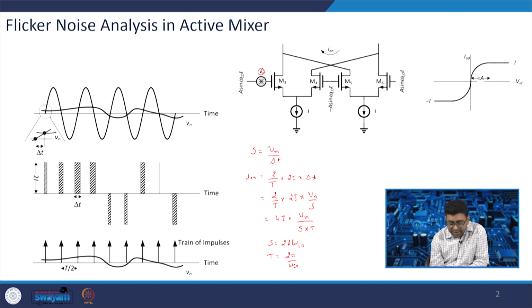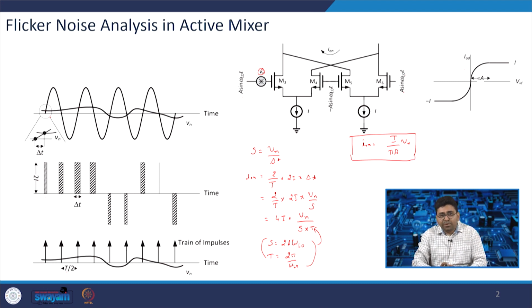omega LO. So this T here is the time period, this is T by 2, so this is the T between 2 pulses. So this T is given by 2 pi by omega LO. When we put this in this equation, we will get the I on current, which is I by pi A into Vn. So this is a very important equation,